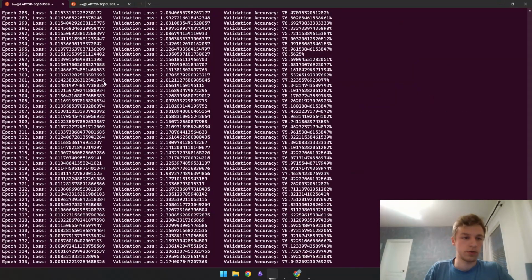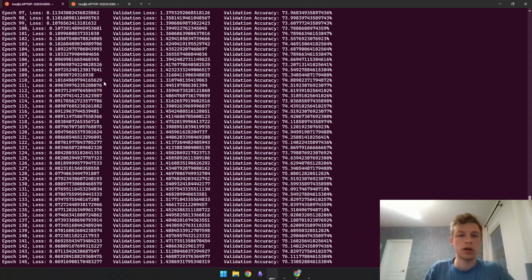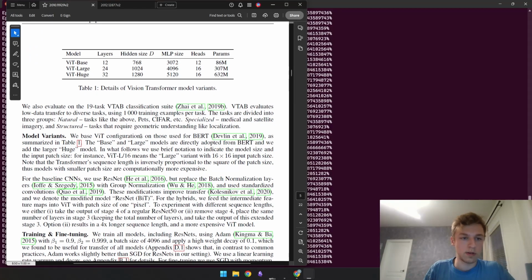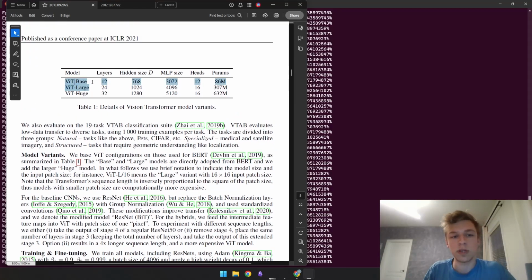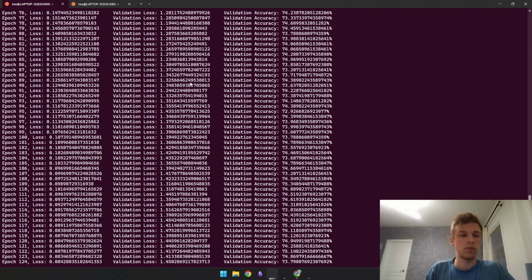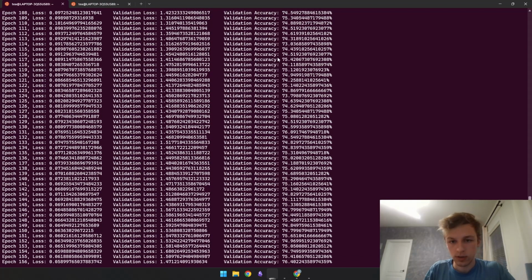And here are the results of that training run. I trained a model that was just under 1 million parameters, which, to put that into context, is relatively small. The paper here outlines their experiments, and in table 1 we have their smallest model being 86 million parameters and their largest being over half a billion. So this is a small model, size of 1 million, 500 epochs, and I reach a validation accuracy of